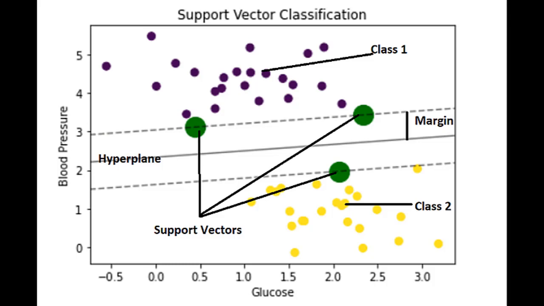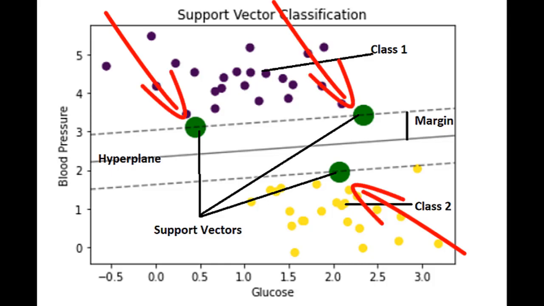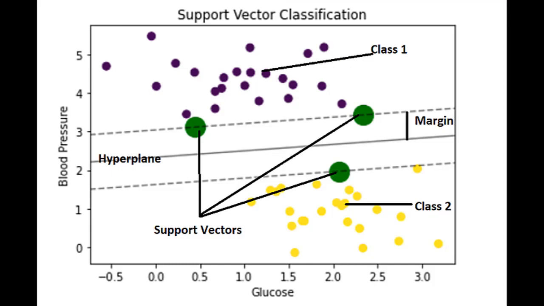two-dimensional surface. Support vector machine algorithm defines a line or a hyperplane which separates the data into different classes. It performs the classification by finding a hyperplane that maximizes the distance margin between the two classes. The vectors that define the hyperplane and are present around the hyperplane or decision boundary are called support vectors. The support vector machine algorithm finds this hyperplane using support vectors and margin. The image on your screen shows the hyperplane, support vectors, and the margin.